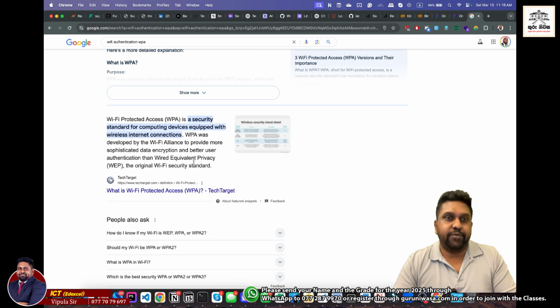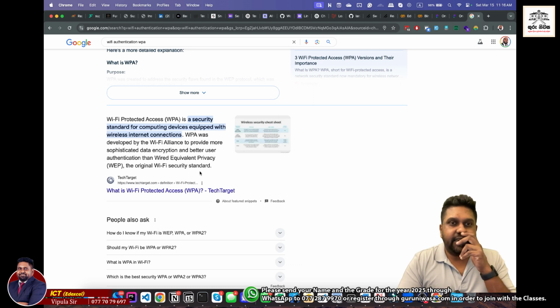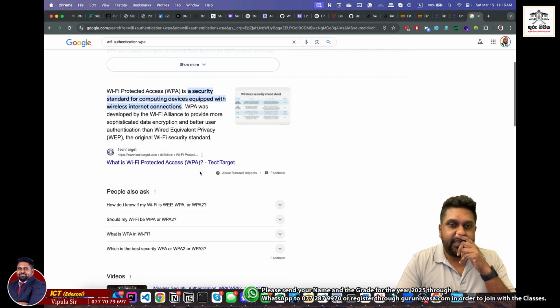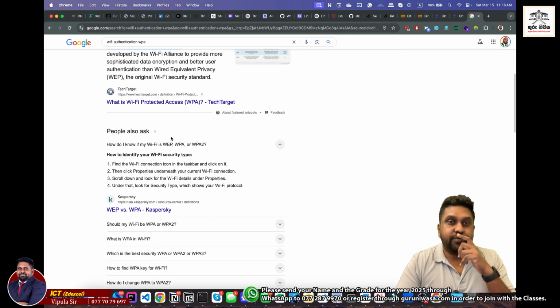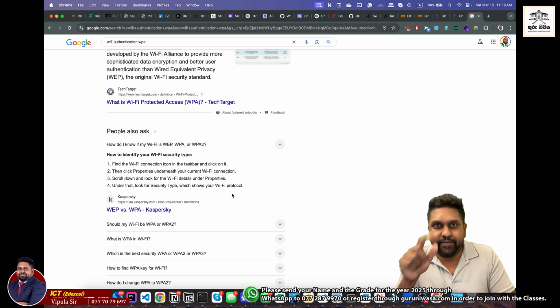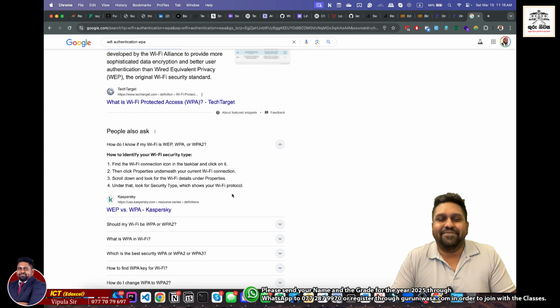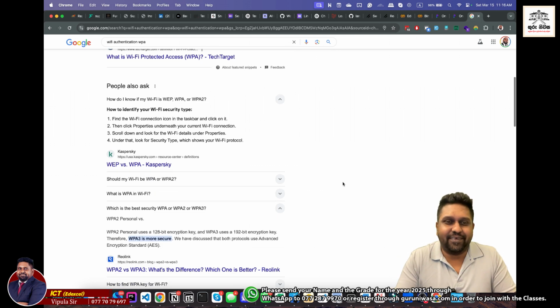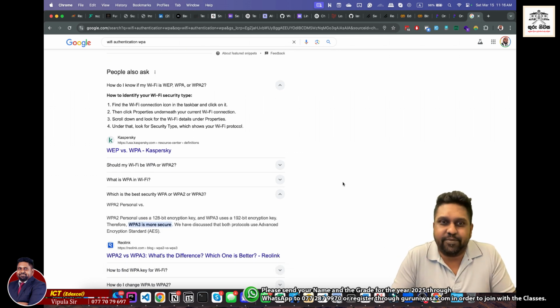WPA encrypts your data, and there's a version known as WPA2, which works like a two-factor authentication thing. You need to literally press the button on the Wi-Fi to give you access. So it's not just hard, it is practically impossible to hack a Wi-Fi connection which is using WPA2